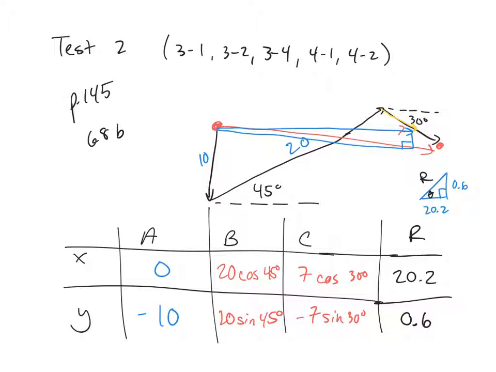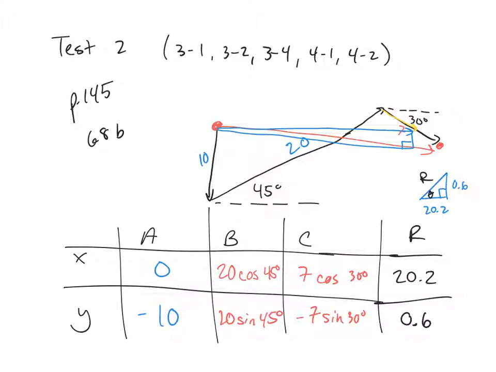There's theta because I'm going 20 to the right and 0.6 up. That means that has to be theta. It's got to be northeast. I'm going right and up because these are both positives. What does r turn out to be? It's going to be very much like the answer of 20.2. It can't be much more. Yes, 20.2,